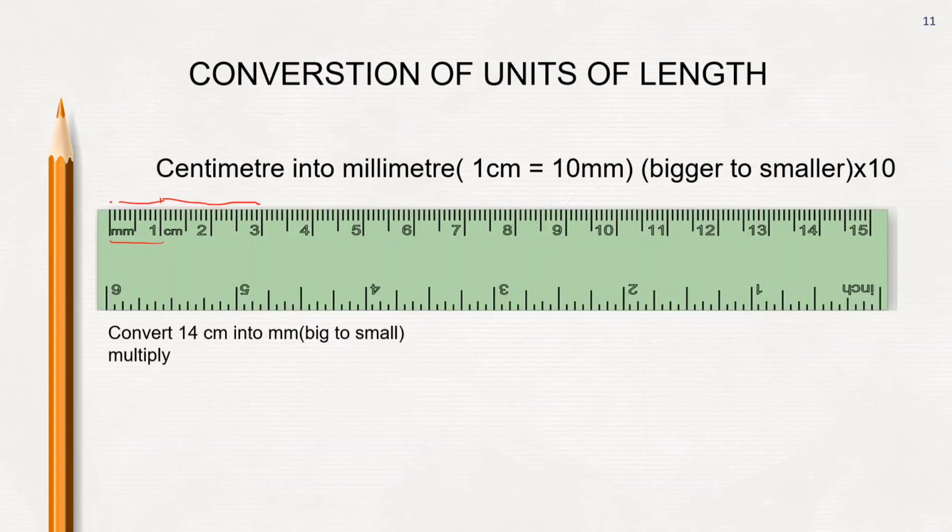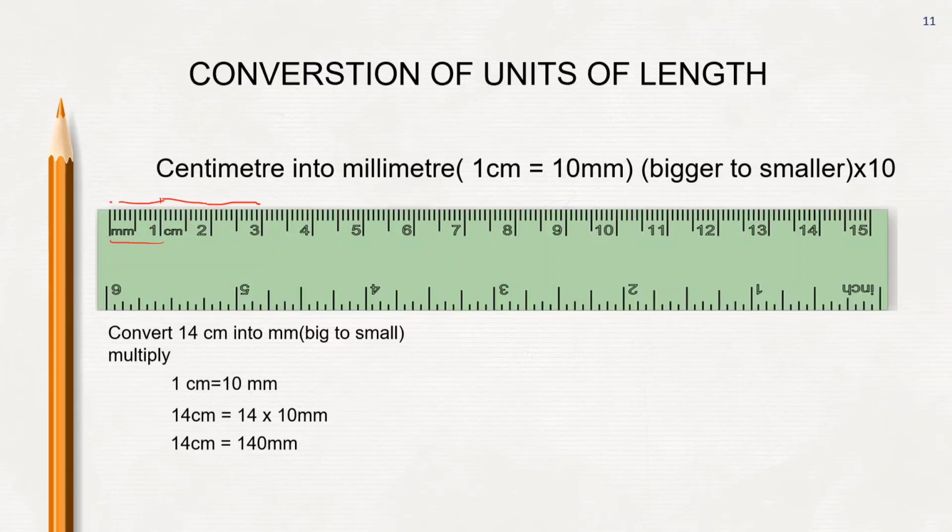So here, convert 14 centimeter into millimeters. We know centimeter is the bigger unit and millimeter is the smaller unit, so we'll have to multiply. Here 1 centimeter equals 10 millimeters. So 14 centimeters equals 14 into 10 millimeters. When you multiply 14 into 10, it is 140. So 14 centimeter is equal to